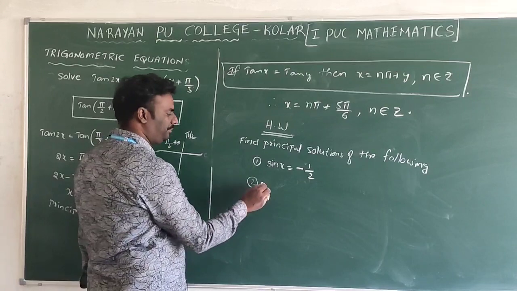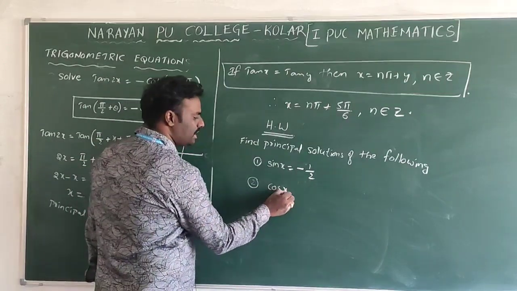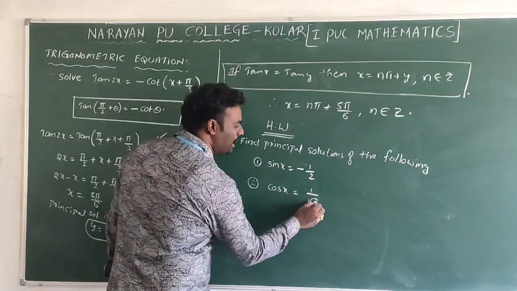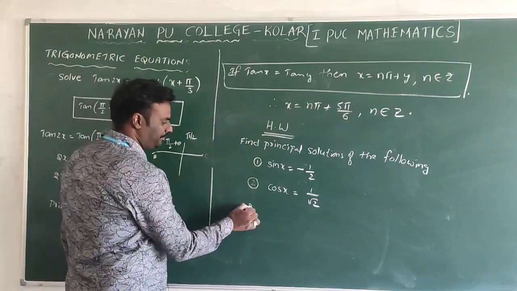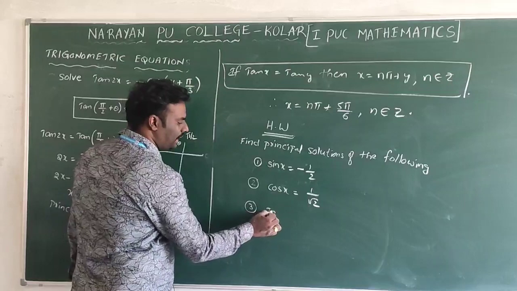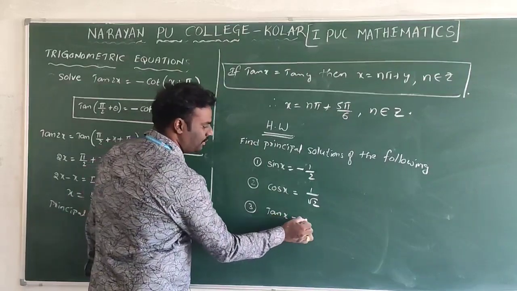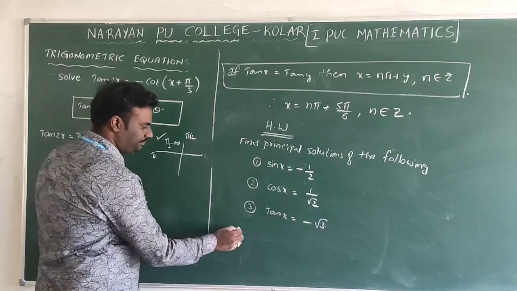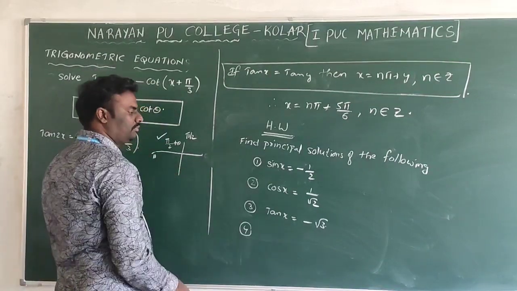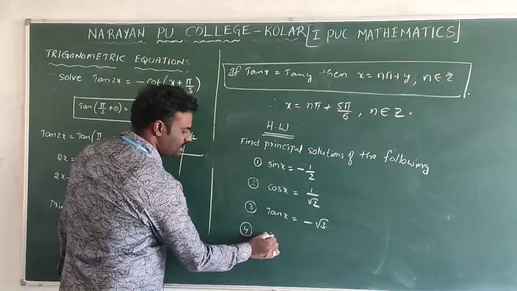Second one, cos x is equal to 1 by root 2. Third one, tan x is equal to minus root 3. One more, sin x is equal to